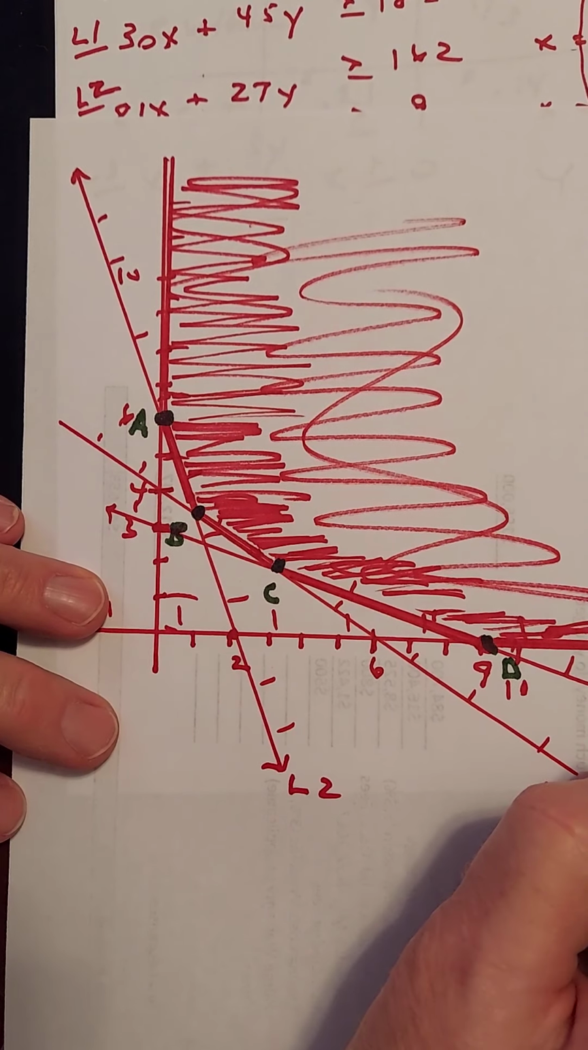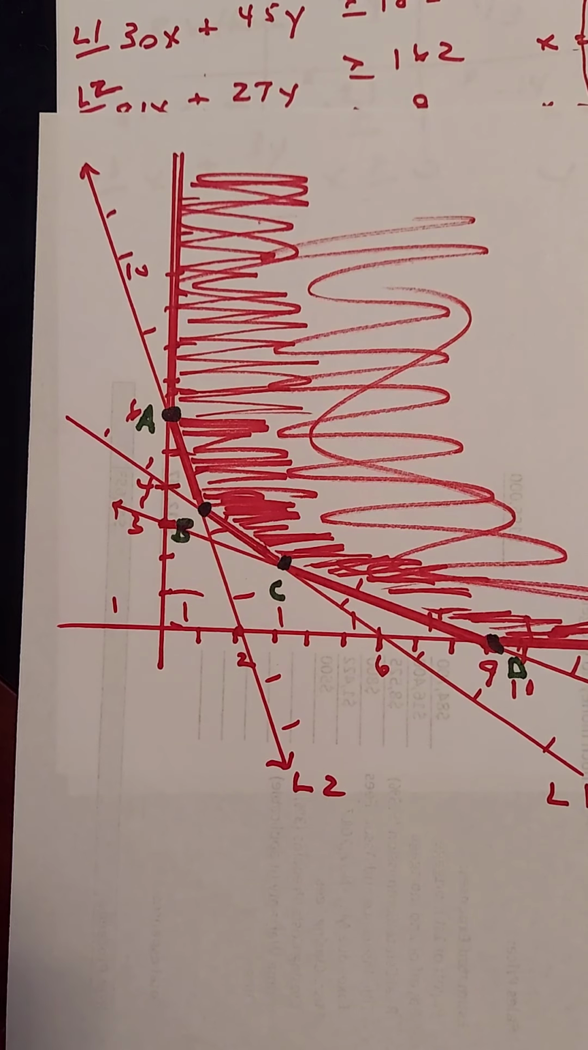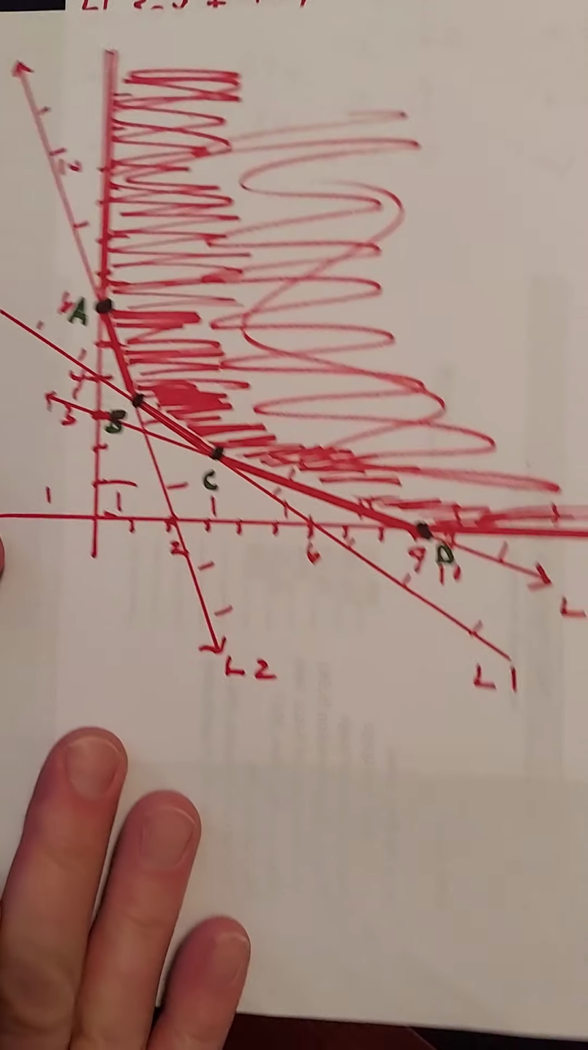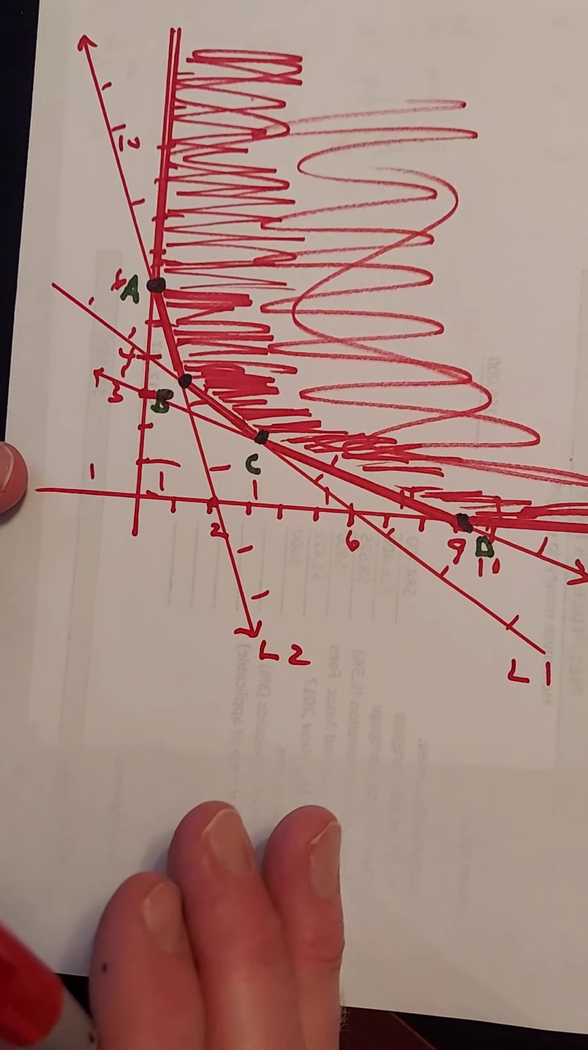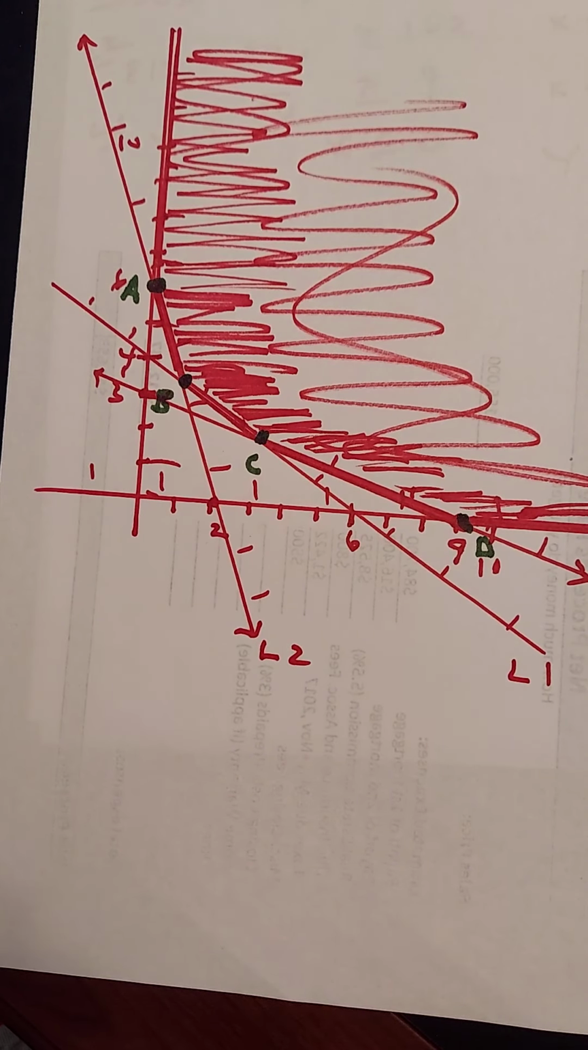I didn't label it, but that's L3. So we've got to find the coordinates of each of those points. Okay. So let's say we want to find, I'm going to go to black, if I want to find point A,